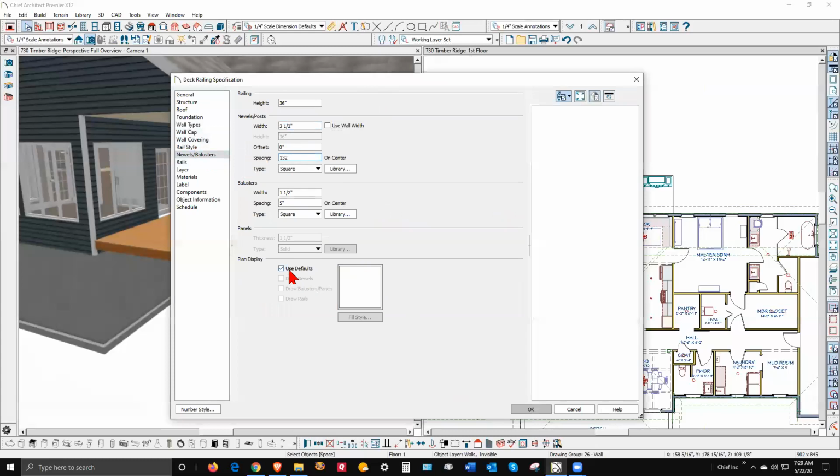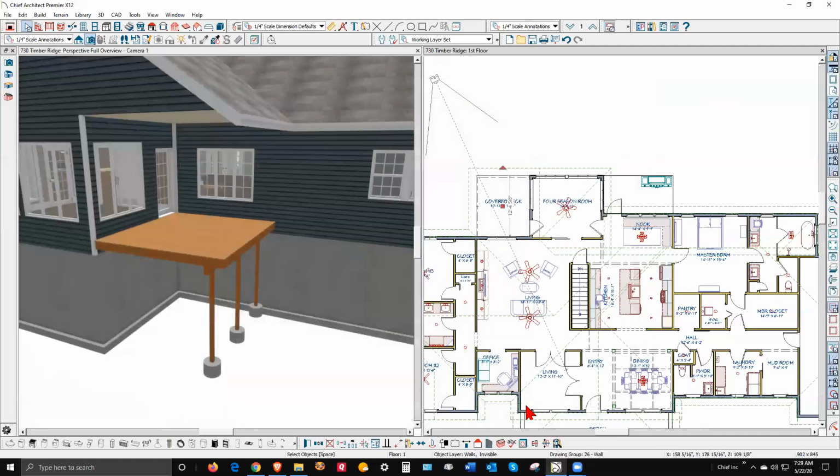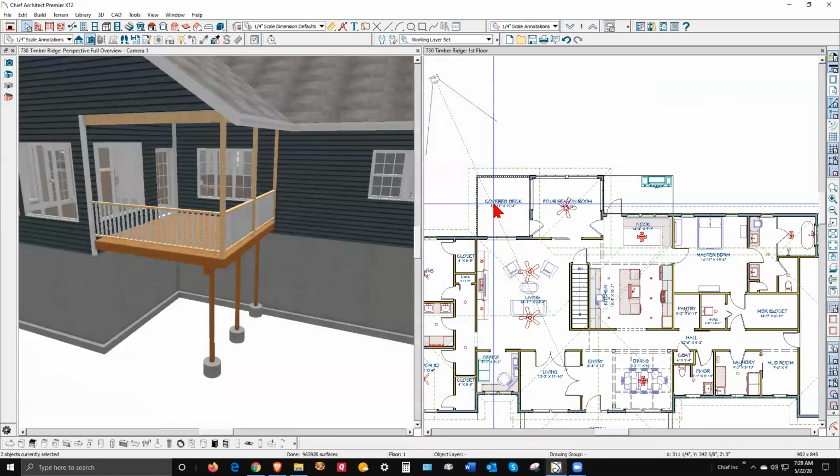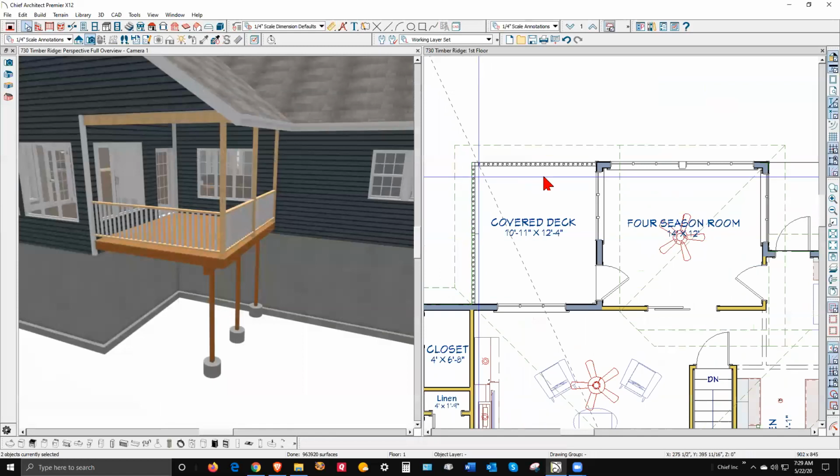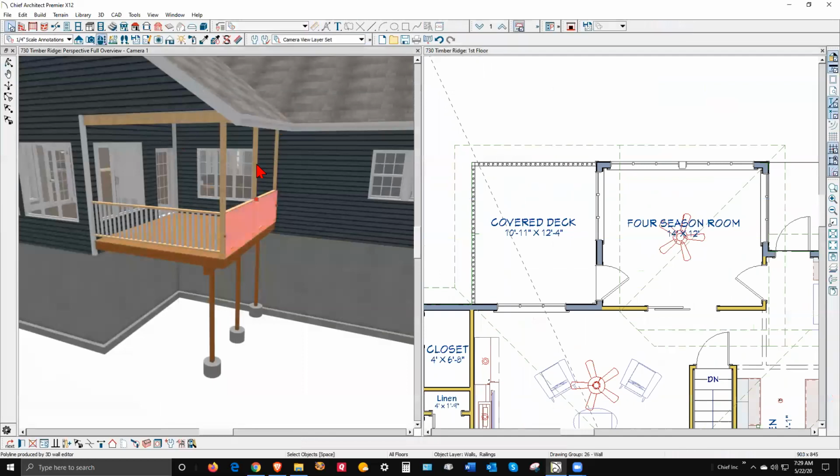And I want them to show in plan view, so I'm going to draw, I don't want to draw rails, I want to draw newels and balusters. So in plan view, once this updates, see, in plan view, you can see the balusters and see that you got your roof supported. Maybe we don't need this post. I'll click on that wall there